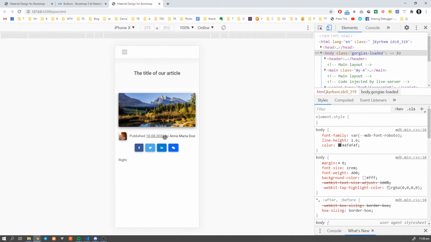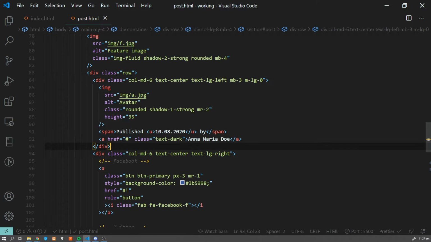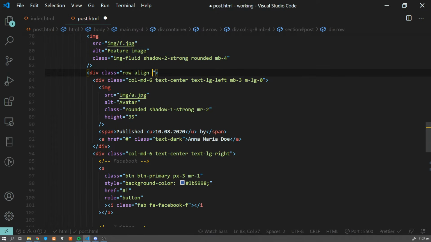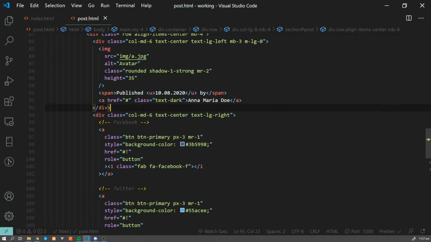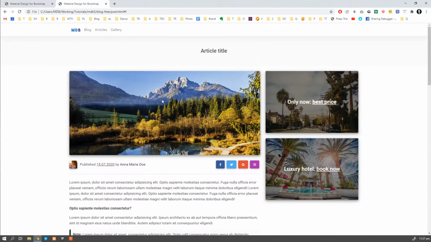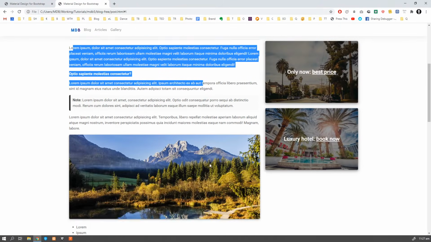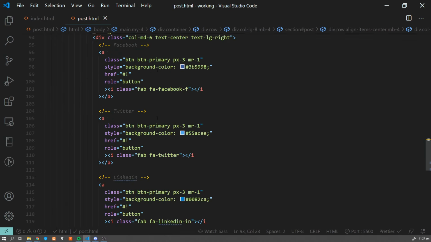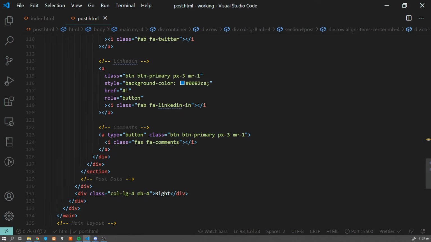and looks nice and neat. Now finally, to a row we're gonna add align item center, just to make sure that everything is centered vertically. And we're gonna add some margin bottom because we're gonna need this space to the next section. Okay, let's move to the next section, which is a proper post here. So let's create section for this one. So we have